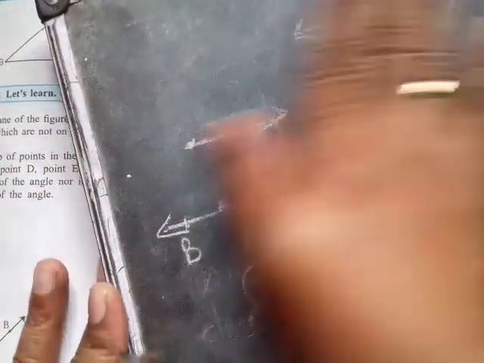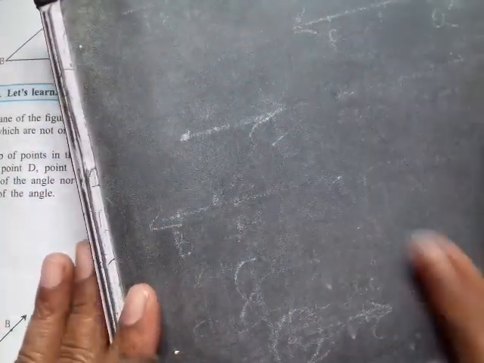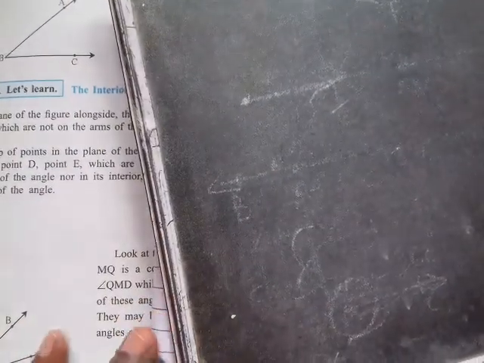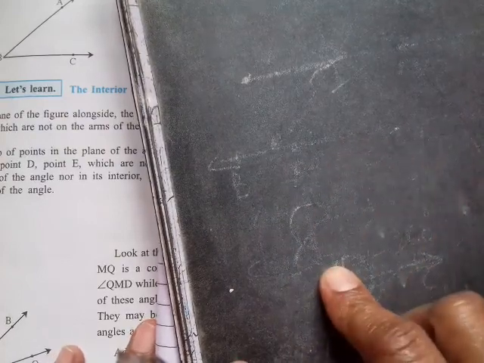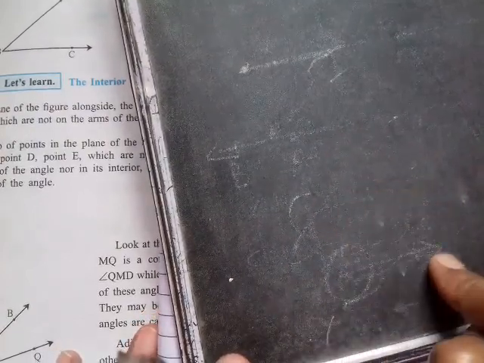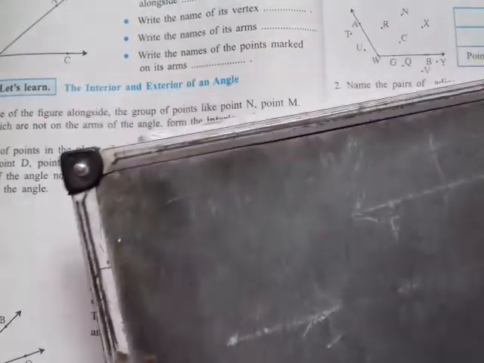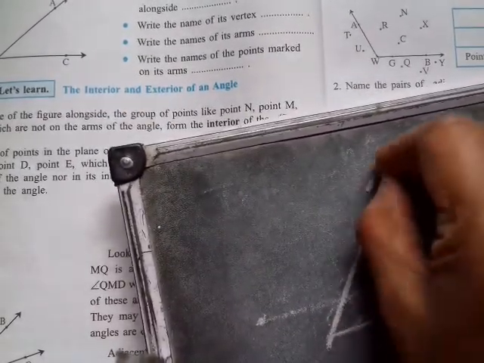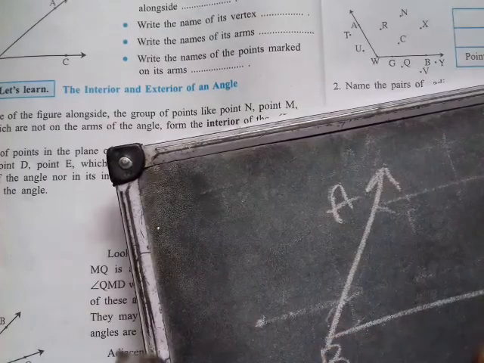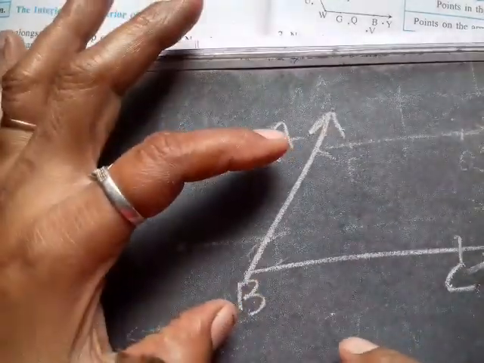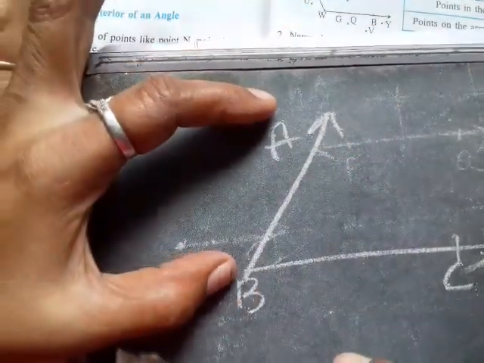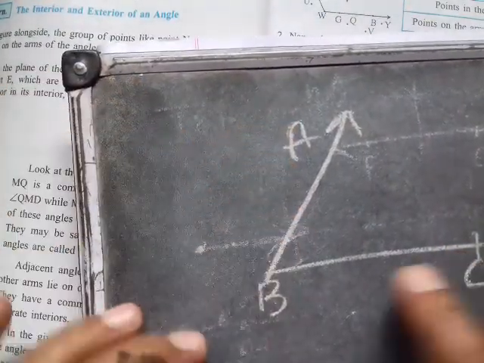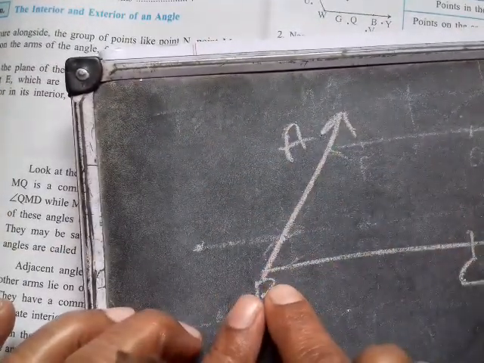So these are the basic things we studied last year, and how to construct an angle. For measuring an angle we use the protractor, which has measurements on the left hand side and right hand side, and you know how to do it. Now this year we are going to study, suppose this is an acute angle, how to read this. See the parts of an angle: it has one vertex and two arms, arm AB and arm BC, that is, arm BA and arm BC. B is the common vertex.